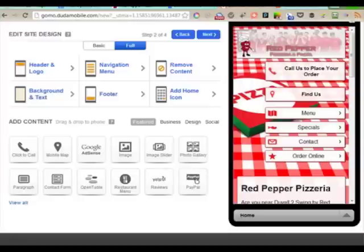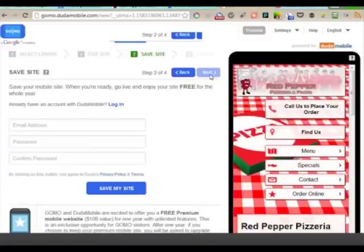So say I like it, it looks great, I'm happy with it, I hit next. Then you save your mobile website, fill in your information. The very last step, which I'm not going to go through, they show you how to connect your website to the mobile site. And there's two ways to do it. You can do the super easy way and just say, okay, you set it up for me. But what will happen is the domain will say something like